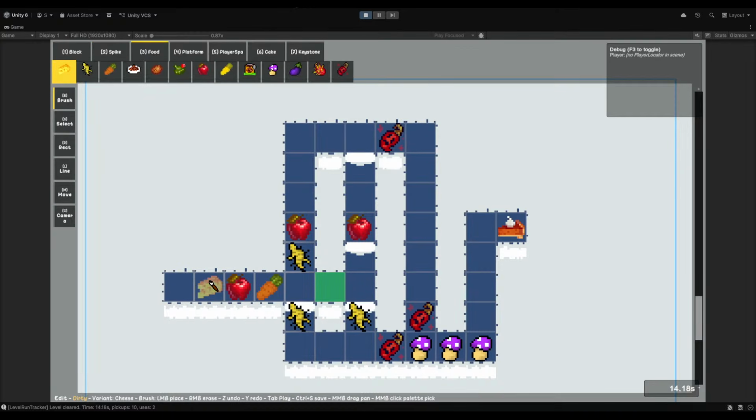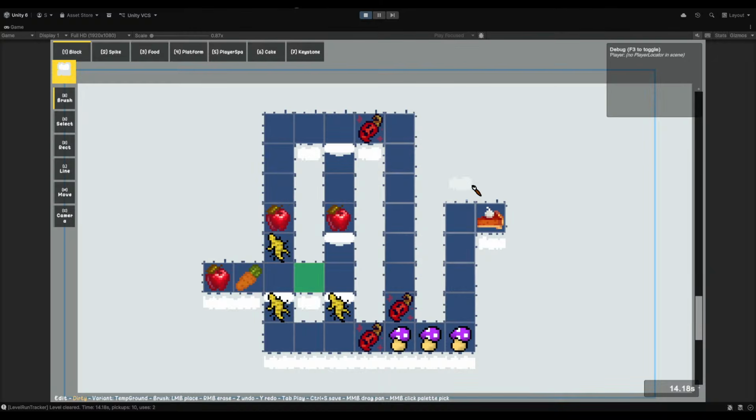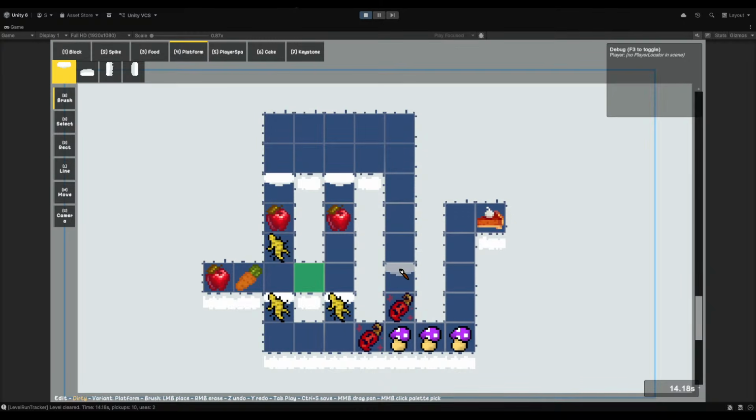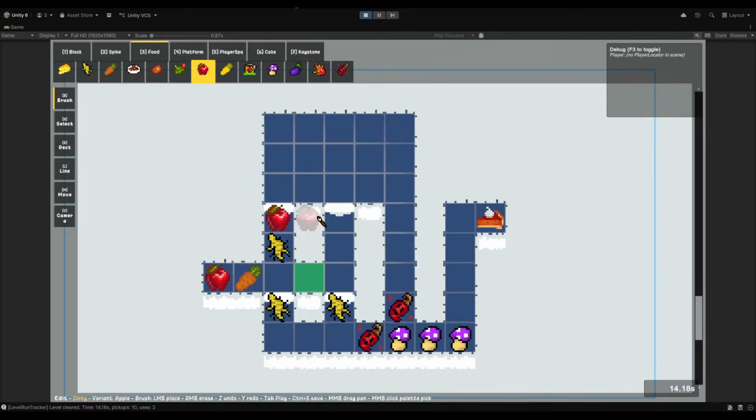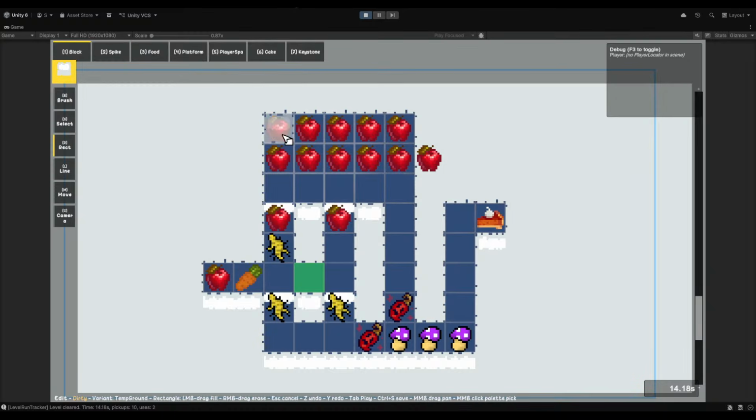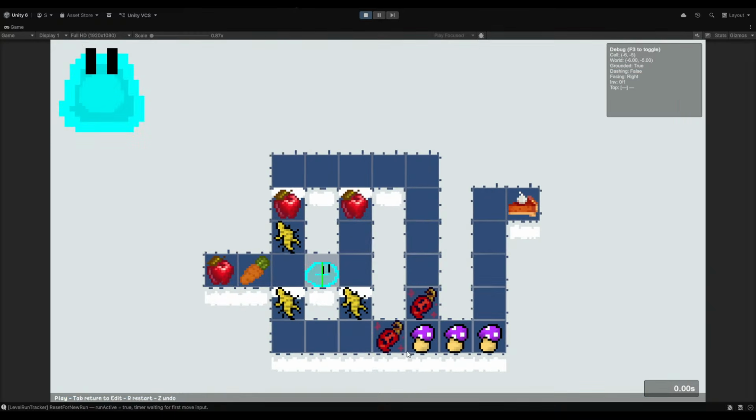I think there's just too much, surprisingly too much to think about. I didn't realize it'd be this much to think about. Also, this ghost pepper is now useless because there's already this one here, so I can compact this level much more. We can even put this like here. I guess put a platform there. Also, we need to move these down. Put food here instead. Oh, don't do that. Yeah, there we go. Same level, but more compact.